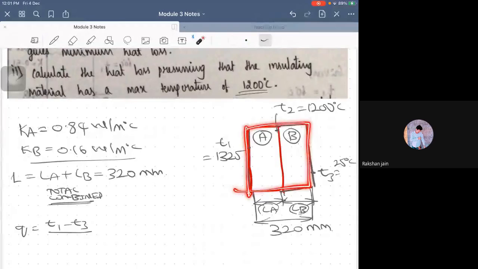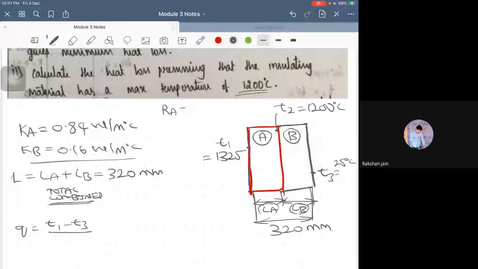You can observe the resistance with material A, and even the resistance with material B. Now, calculating it individually, RA is how much? RA is nothing but L divided by,